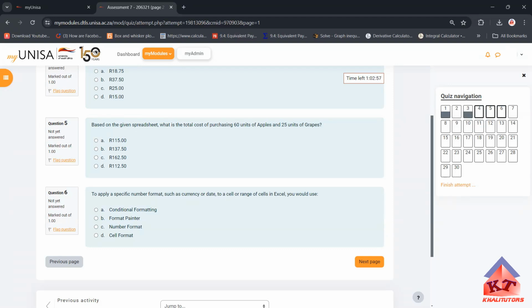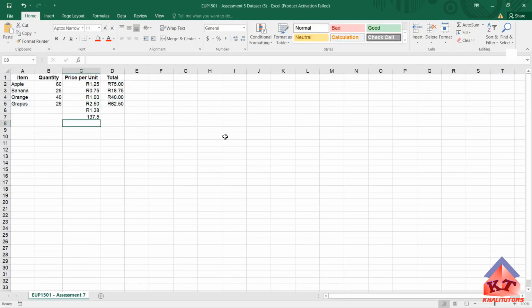So it's obvious that to apply a specific number format, you will use this feature. So what do they call the feature? The answer is number format. If you did not want to get the answer like that, you could have clicked on this one here,